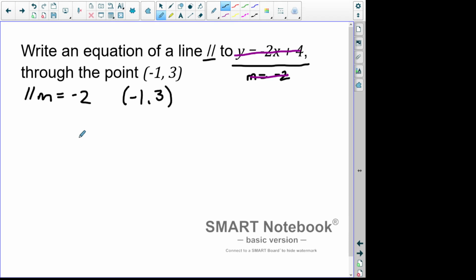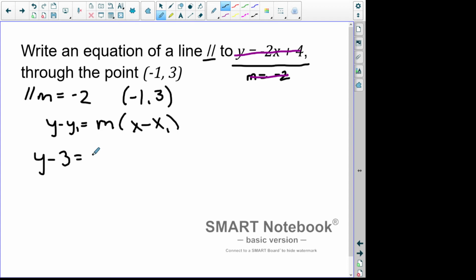So how can I write that equation? Well, they don't specifically say what format it should be in, so I can choose whichever one is convenient for me. I have a point, I have the slope. I'm going to use point-slope because that's just an easy way to do it. So point-slope, remember, is y minus y1 is equal to the slope times the quantity x minus x1. And x1 and y1 are simply the x and y values of the coordinate that I have. So if I wrote this out, I'd have y minus y1, which would be 3, y minus 3